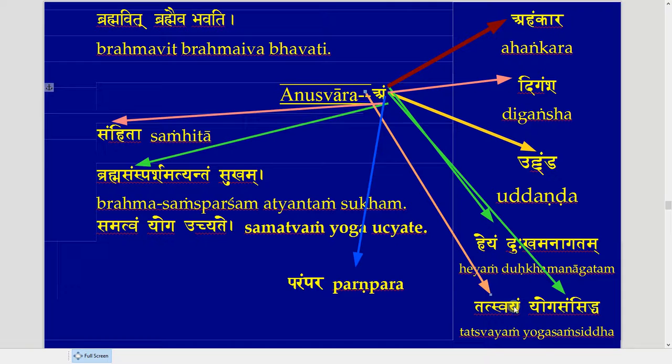Tat swayen. There's a palatal again. Tat swayen yoga sansiddha. So you have to say sansiddha. You can't say samsiddha if there's no gap. Over here, you can say tat swayam yoga sansiddha, or you can say tat swayam yoga sansiddha. And so that's for the dental. And then for the labial,